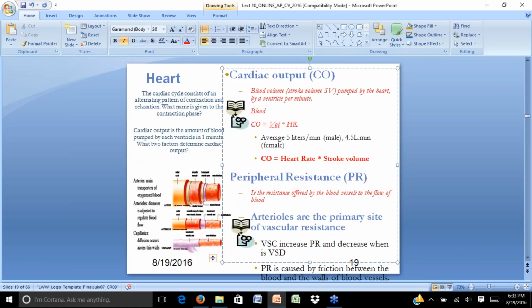I'm going to write down here the blood pressure. All right. So the blood pressure is going to be directly proportional to the cardiac output multiplied by the peripheral resistance. I'm going to write it down for you, peripheral resistance. And that is,